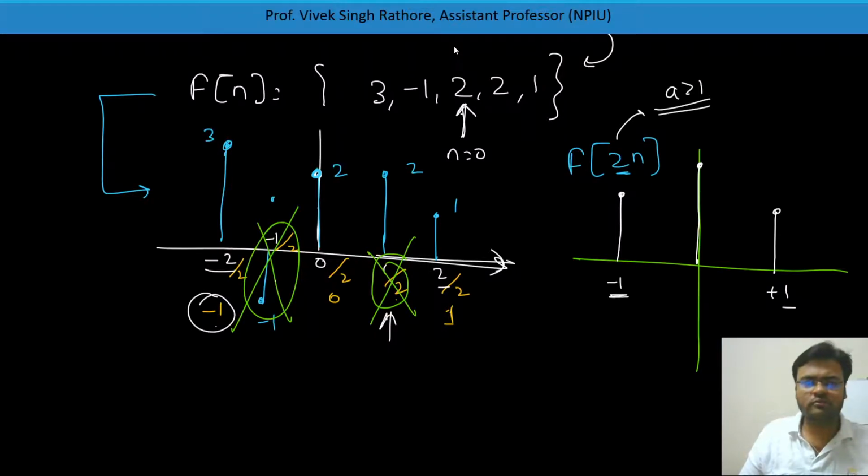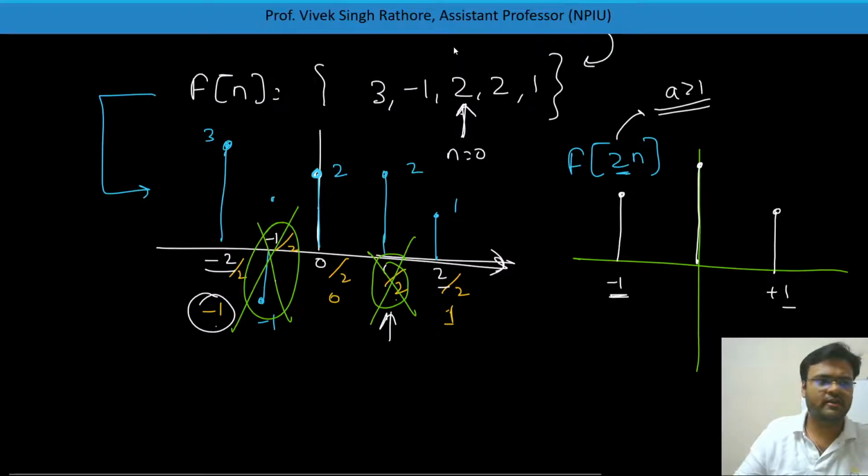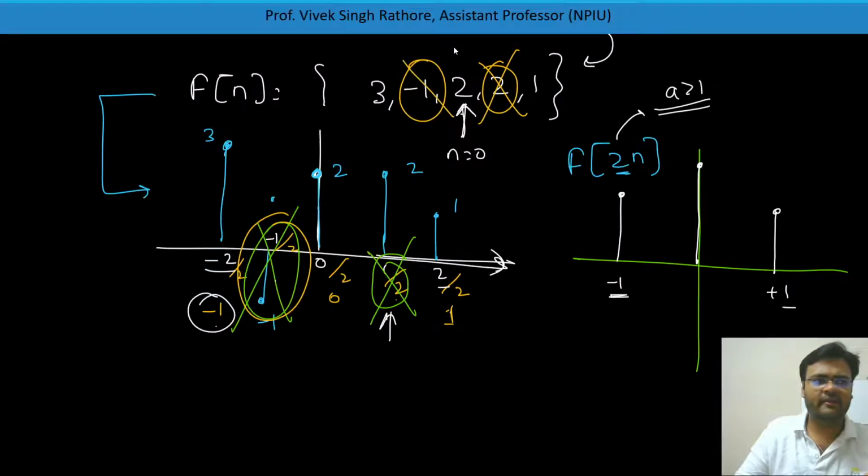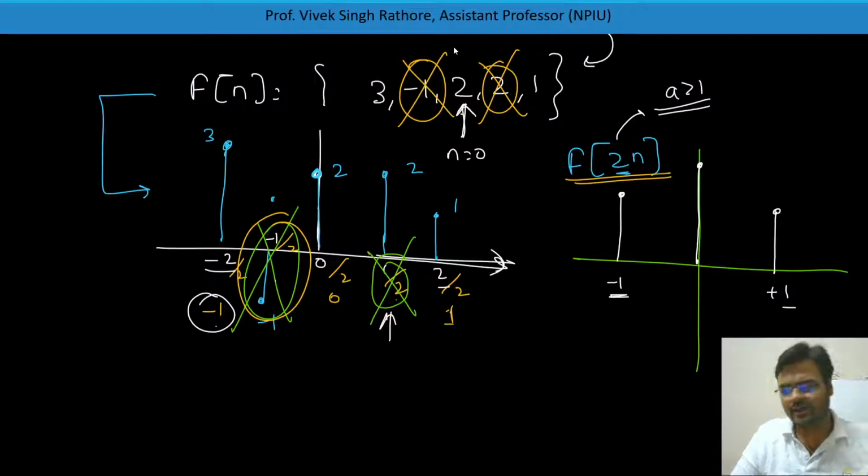But you can also note it down, or you can also see that some of the values are neglected, or they have been ignored in the f of 2n. So from this you can get a conclusion that whenever we do compression, some values are neglected, some values are not taken, and this process will lead to loss of samples. Whenever we do f of an with a greater than 1, we will get loss of samples, and this process is called